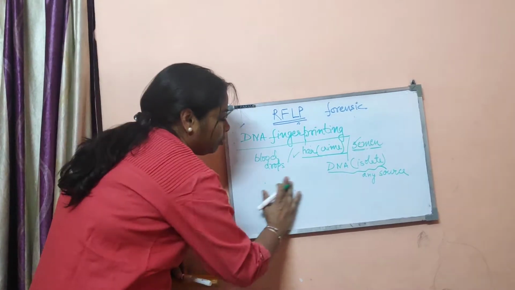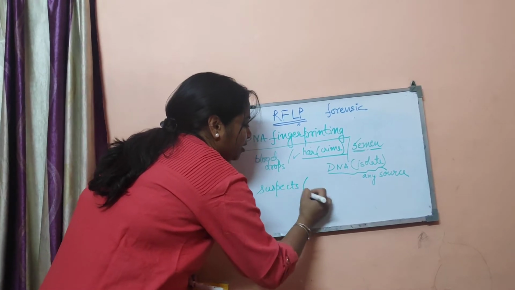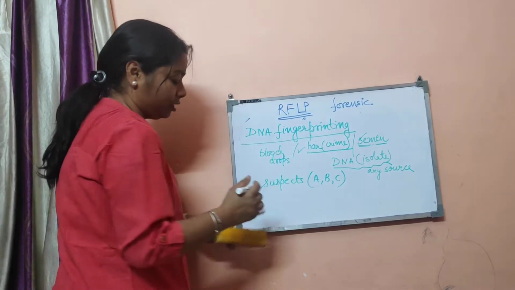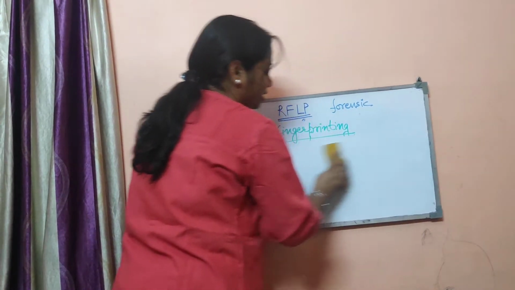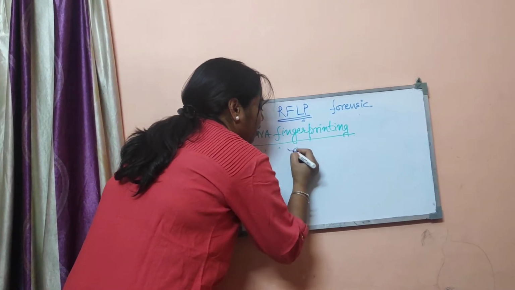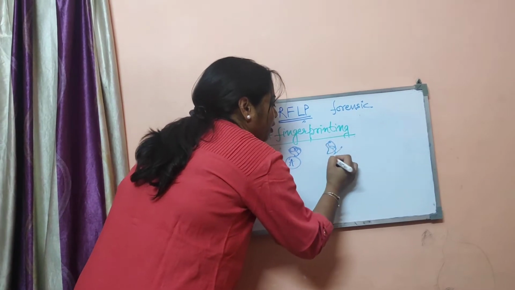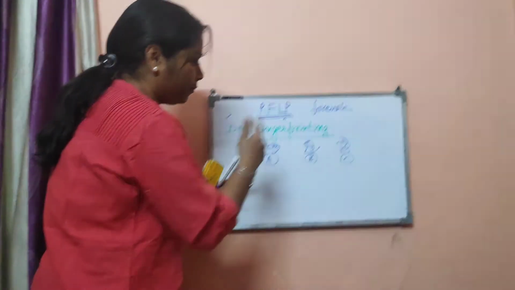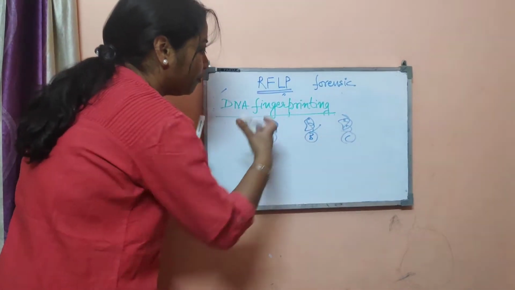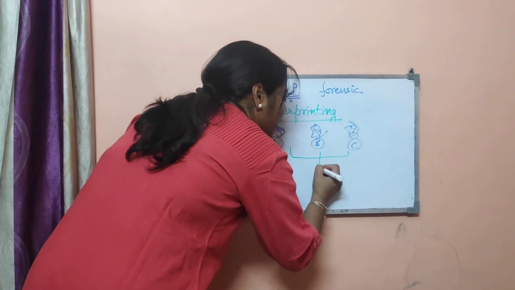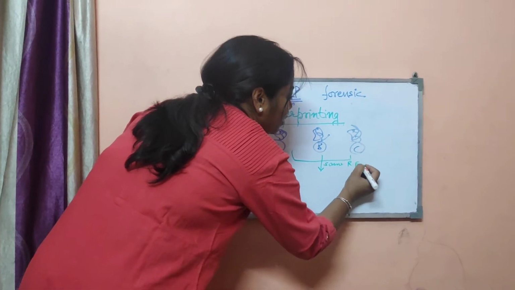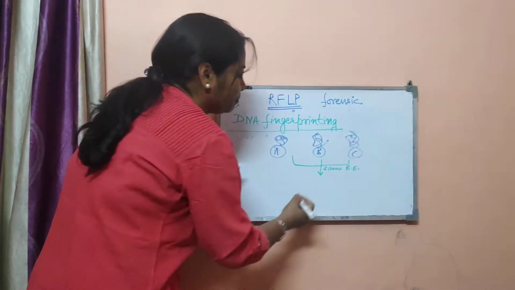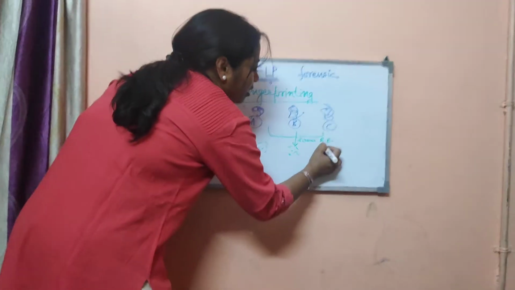And now there is a list of criminals. We have to isolate, not criminals, but the suspects. We think that there are 3 suspects, A, B, C, and who is the criminal? So we will isolate the DNA from suspect A, suspect B and suspect C. We will isolate this DNA and fragment it all. All DNAs are fragmented with the same restriction endonucleases, and there are individual differences between these 3 individuals, and the fragments which we receive are